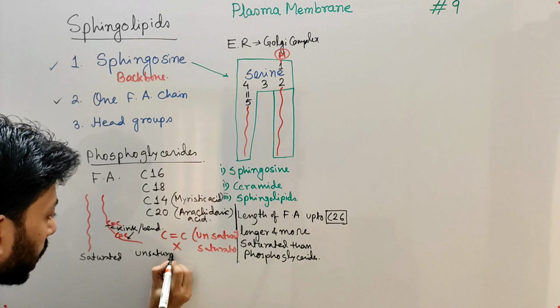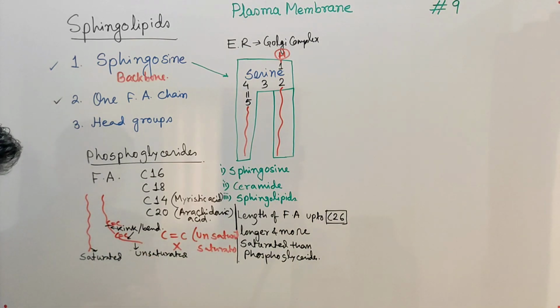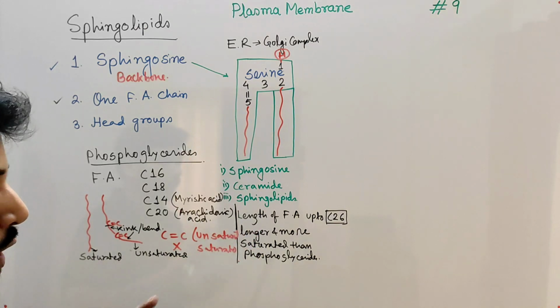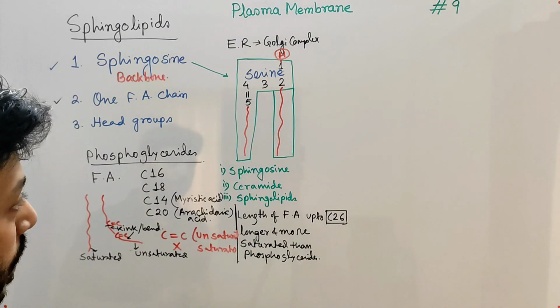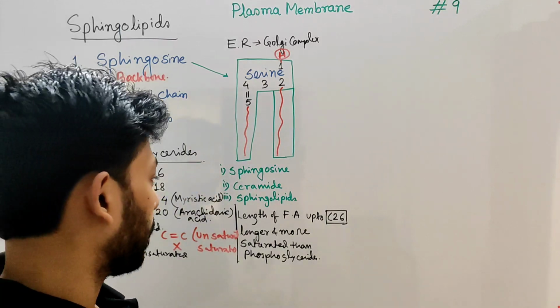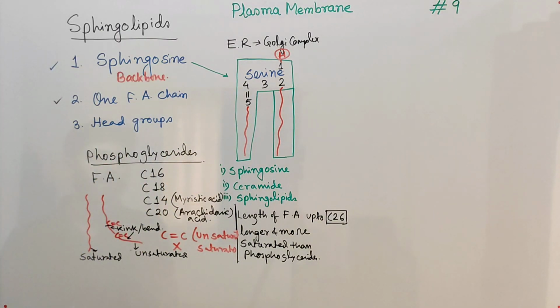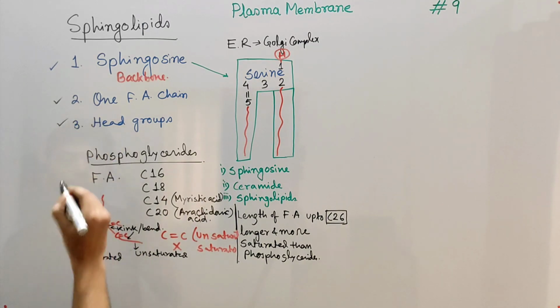Example of unsaturated fatty acids. So this is saturated and this is unsaturated. This is one piece of information you can remember, and that's why the sphingolipids are more stable than phosphoglycerides. So up to now we have learned about the fatty acid chains of the sphingolipids. Now let's talk about the head groups of the